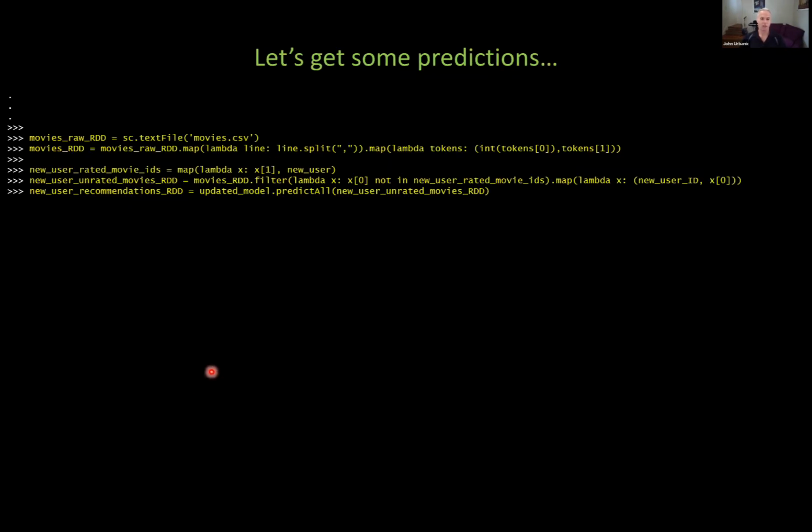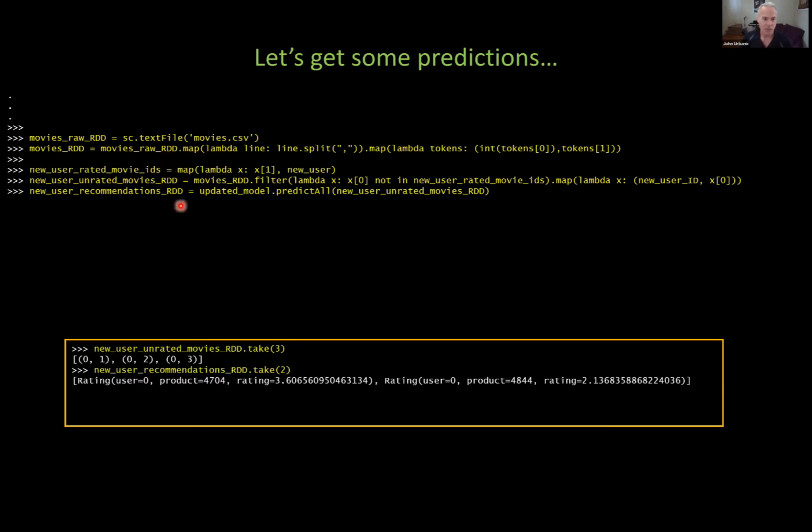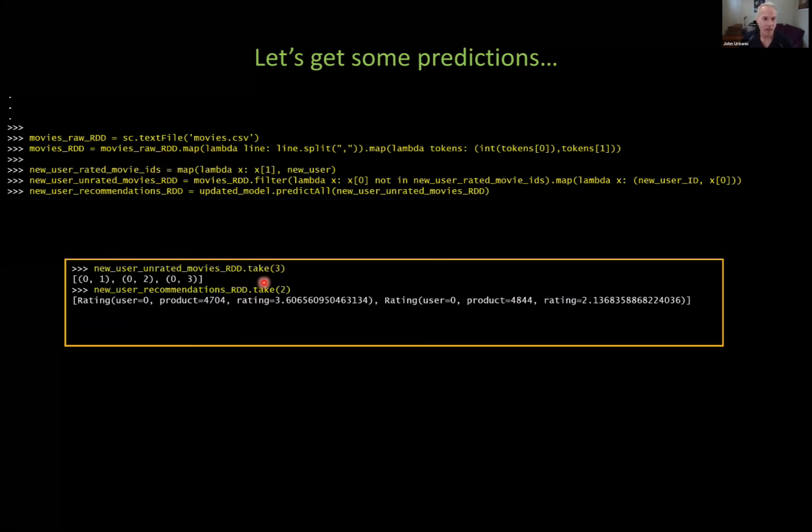So let's get some predictions. Only we're going to try to be a little bit nicer this time and spit out some movie names. We're going to do some nicely formatted output. We're not just going to say, user would like movie 166. Nobody wants to see that. They want to see what movies they'd like, and maybe even pull out the top 10 ratings. So these are some more exercises in Spark. Nothing super interesting, but you should absolutely make sure you understand how this kind of stuff works and get comfortable with it.